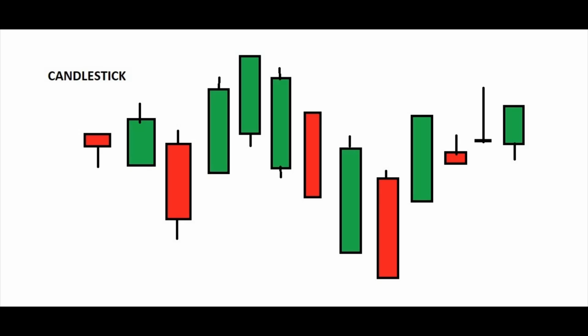Moreover, talking about the second chart type, the candlestick chart. The candlestick chart helps us identify the opening, closing, high, and low, and you can even see whether a pattern has occurred or not. The reason this candlestick chart is used by most people is that you can easily know when the price is moving up or down, and the opening, closing, high and low can easily help us determine what is going on in the market for the particular company.